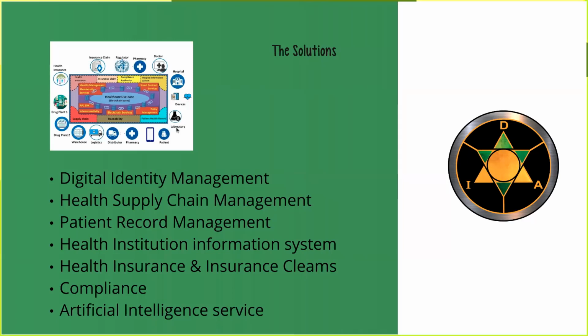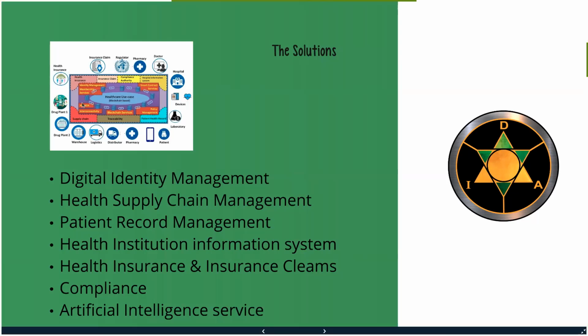And policy management, again, this is a sensitive area, and the government needs to come in and regulate it. That layer can help for that. And you see, on top of that core piece, we then have interfaces for different players: the health insurance, the insurance claim, compliance authority, hospital information system, patient health record, traceability and supply chain, which directly talk to warehouses, logistics, distribution, pharmacy, and so on. So that's the dream